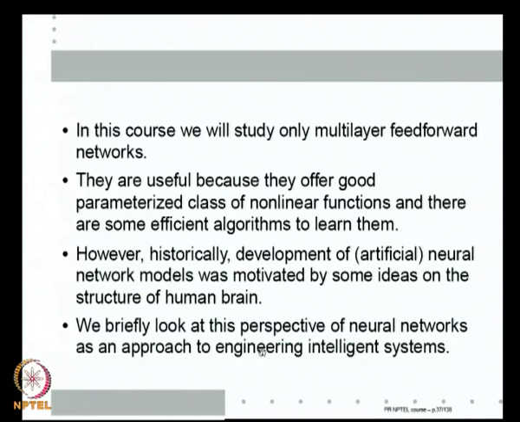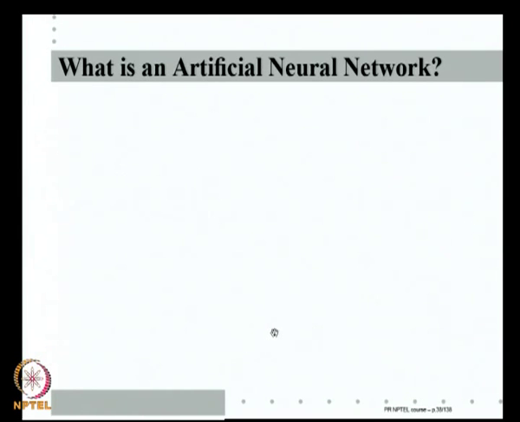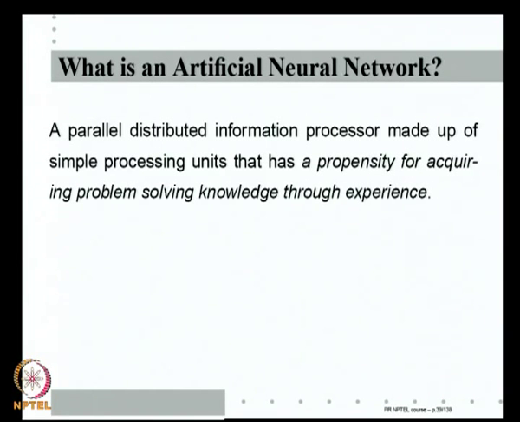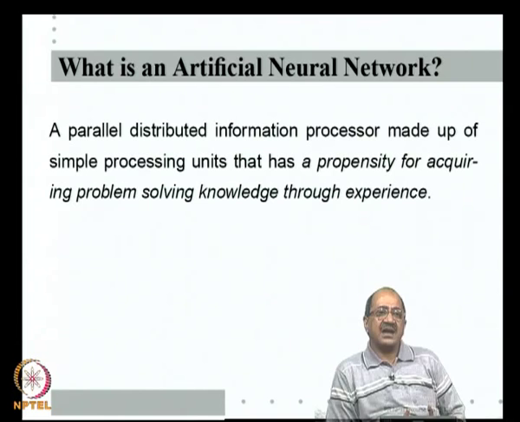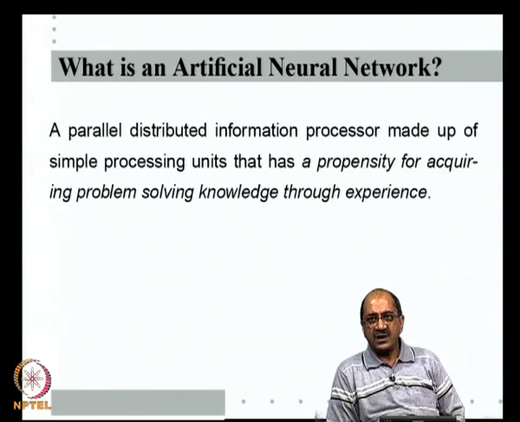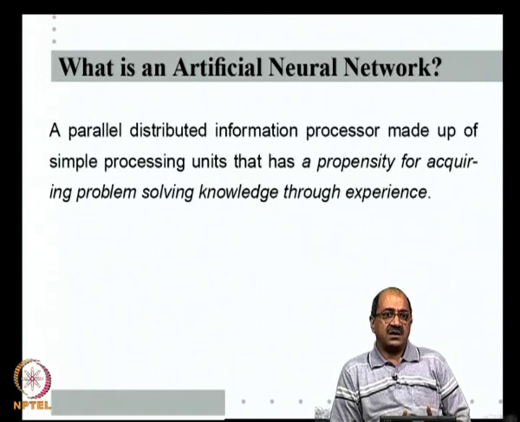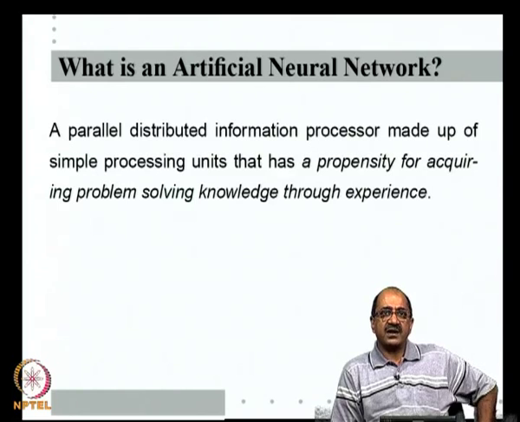But in the introduction, we look at the neural network models as an approach to engineering intelligent systems. So, from this standpoint, we can define an artificial neural network as follows. We will start with a generic textbook definition. We think of neural networks as an interesting computational paradigm, as opposed to the standard stored program digital computer method that we know of computing, whose generic abstract model is a Turing machine. As opposed to that, we think of a slightly different way of looking at computation.